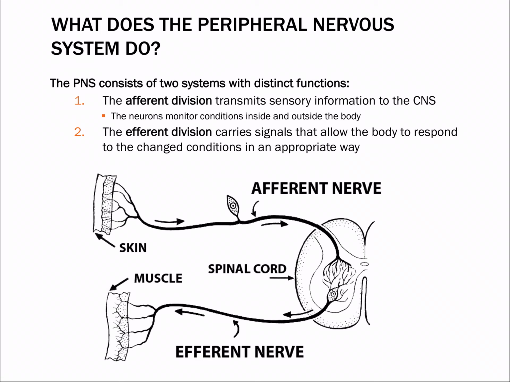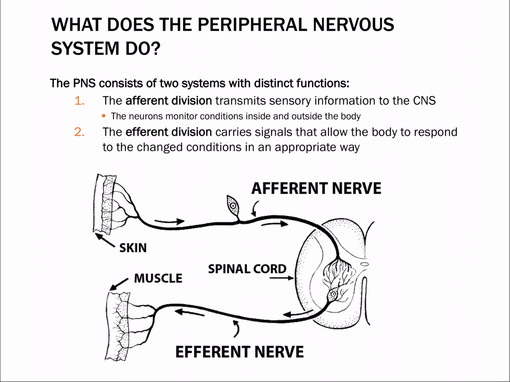So the afferent nervous system is going to detect changes, let's say, in the skin, like temperature or a pain, a cut, or something like that, and it's going to send that information down an afferent nerve to ultimately go to, in this case, the spinal cord, which is going to integrate that response. And then it's going to send the signal from the spinal cord back to, let's say, the muscle to elicit